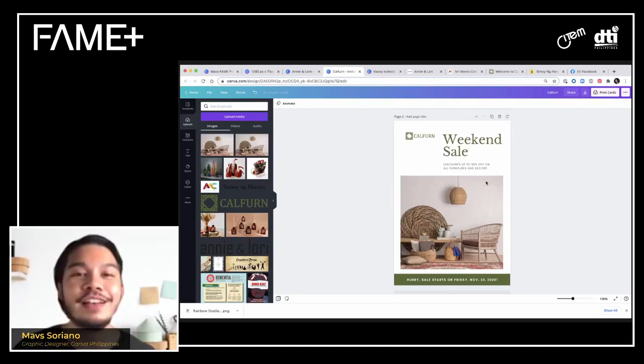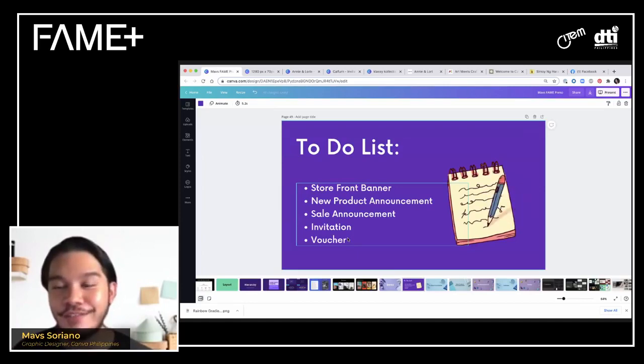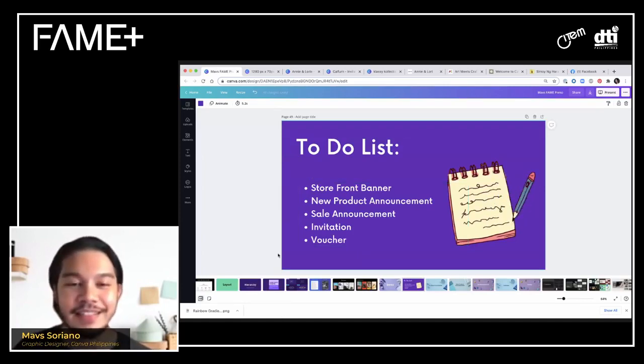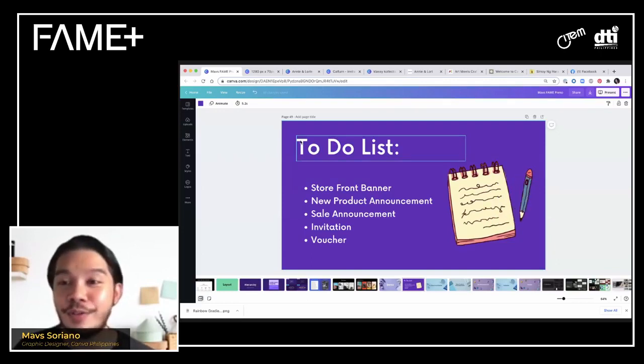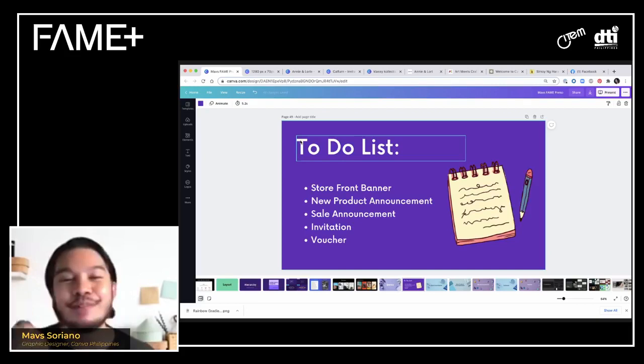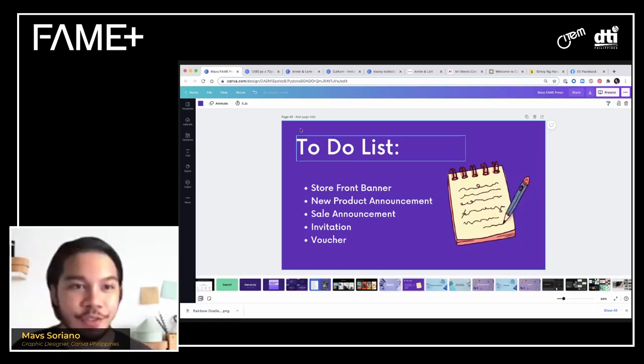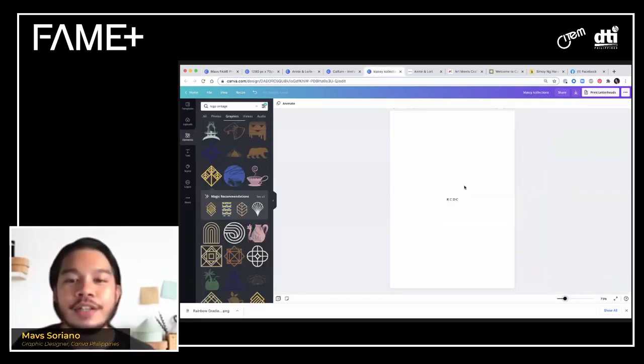Next is, what's the last thing? I want to do a voucher, for example, for your brand. Say you're going to have a sale, and you don't want everyone to have the sale, you just want specific people who have certain vouchers to get more, so you take better care of them. It's a good marketing trick. And we're going to do